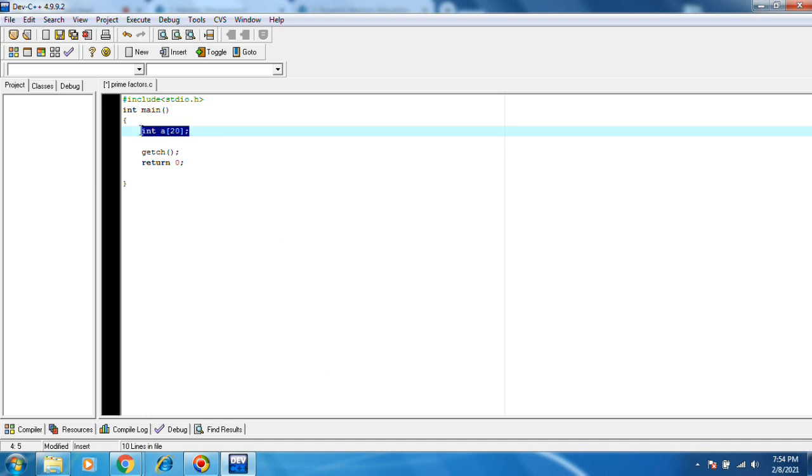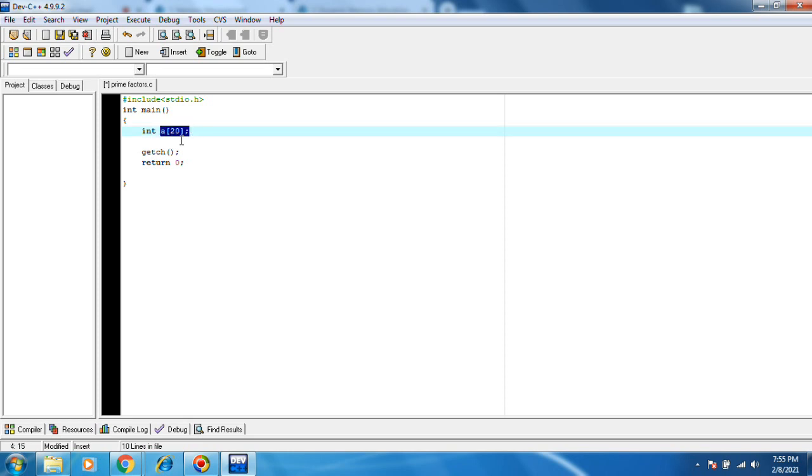Only one time it has to be allocated, but we cannot increase or decrease it. This is fixed size throughout the program. Whereas in dynamic memory allocation, we can increase and decrease at the time of running. That is called the memory flexibility in pointers.